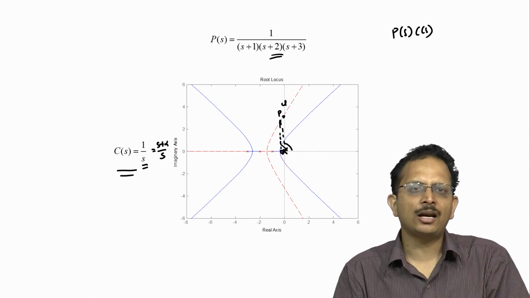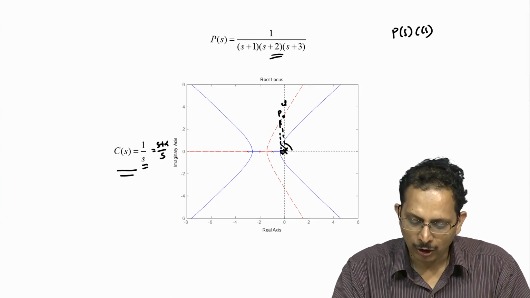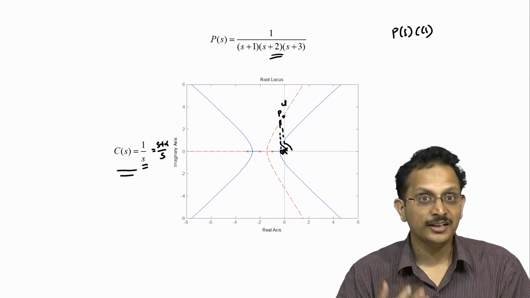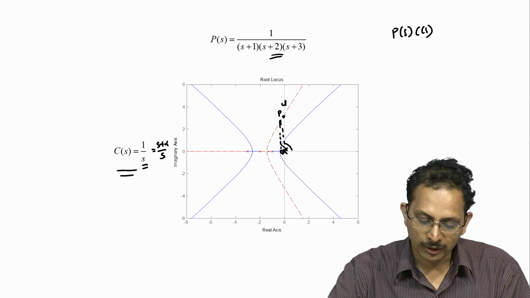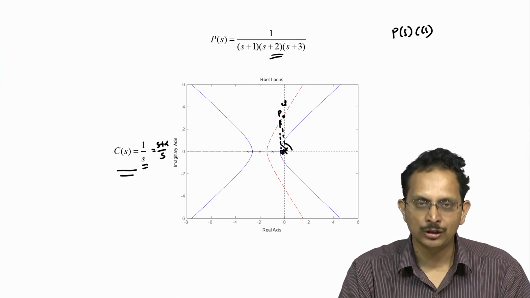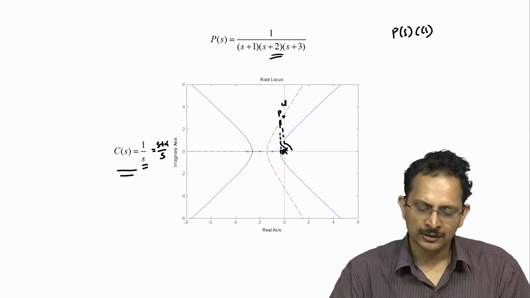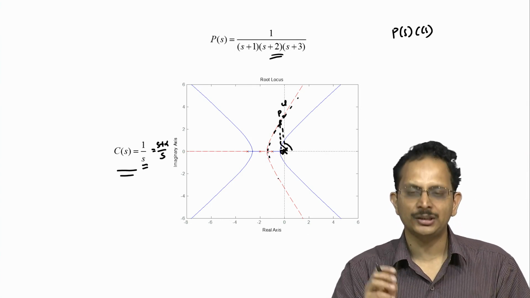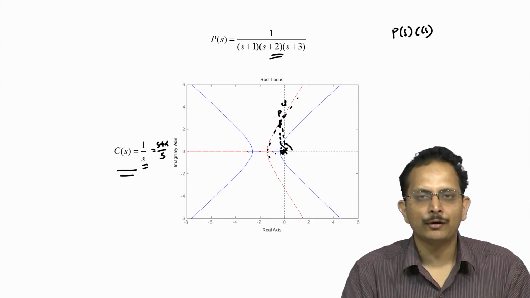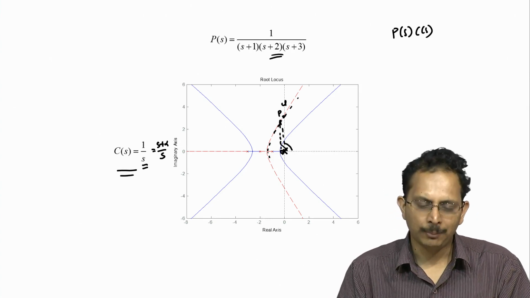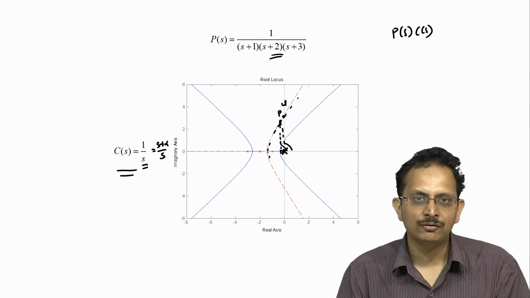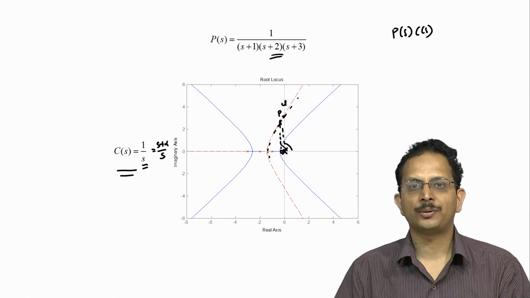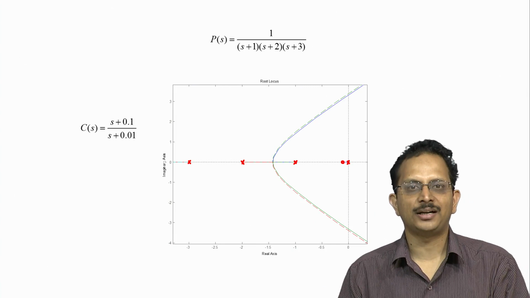It may be a little bit larger or a little bit smaller depending on the exact positions of these two terms. And what that in turn would mean is that the root locus of the new system that incorporates the zero and this pole will be very nearly the same as the root locus of the original system itself. There will be a small deviation depending on how far away we have placed this zero from the integrator, but it will not be substantial enough for us to be concerned that our dominant dynamics design would have been spoiled. And that is precisely what has been done in this example that I have considered.